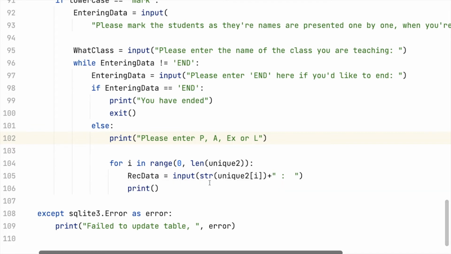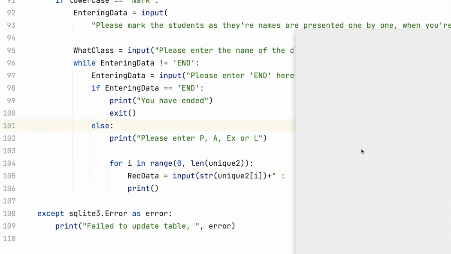Then rec data is equal to input string unique 2 I, this I, and then plus, and then this colon. And then print nothing here. So the reason I put in this print over here is because it's easier to see and read it if there's a separate line in between. So when I run this,